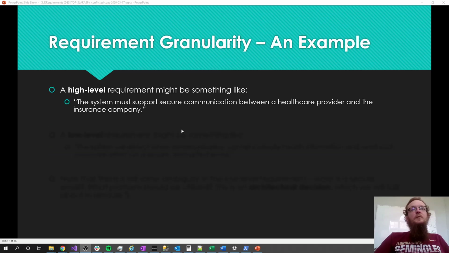So as an example, a high-level requirement could be something like we were talking about, right? It could be something like if you have a claim and the insurance company needs to go back to the healthcare provider and get more information about what that claim is paying for, that communication has to go over some sort of secure communication channel. So that could be secure email. It could be a portal that is set up that only logged in users can access,